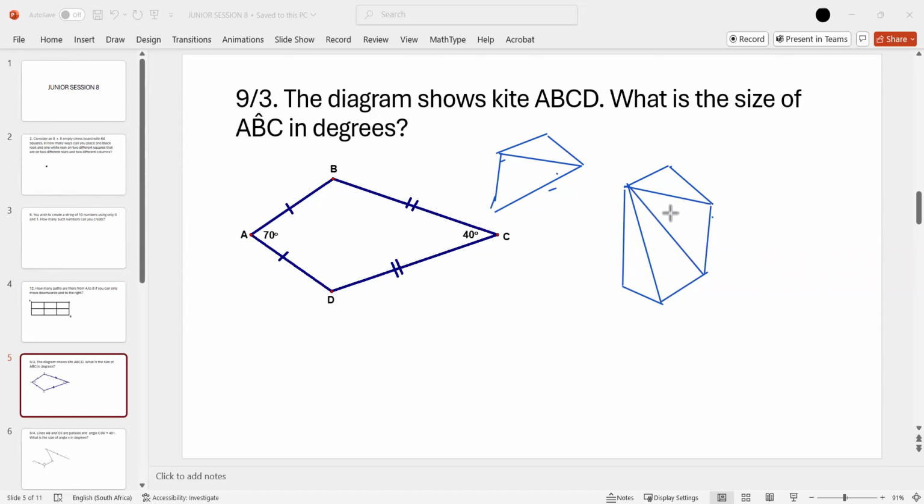You see? And the sum of the angles of the original, how many have I got here? 1, 2, 3, 4, 5, 6. The 6-sided picture, the sum of all the angles is really